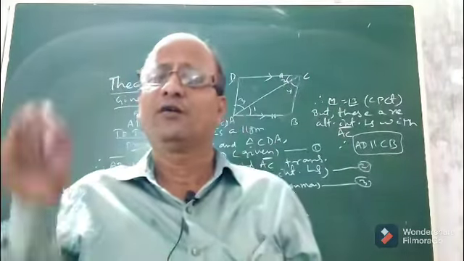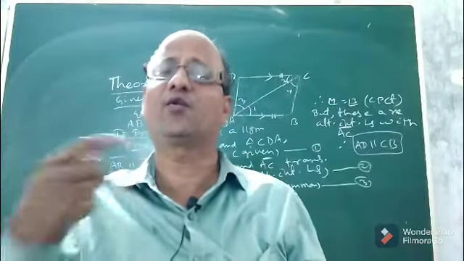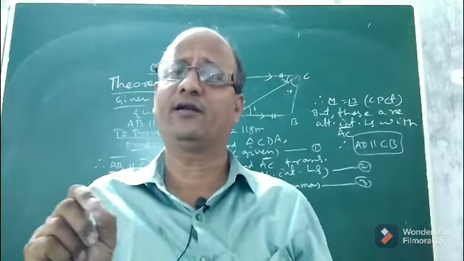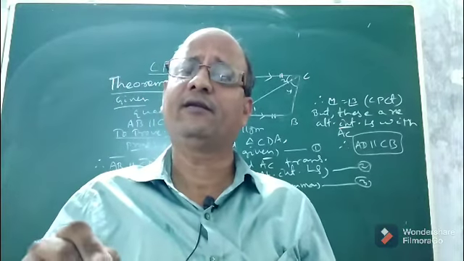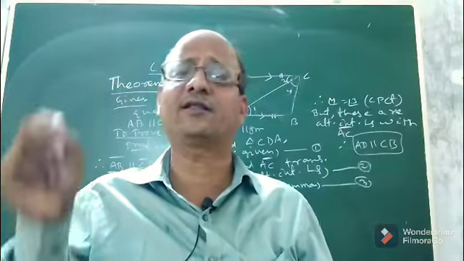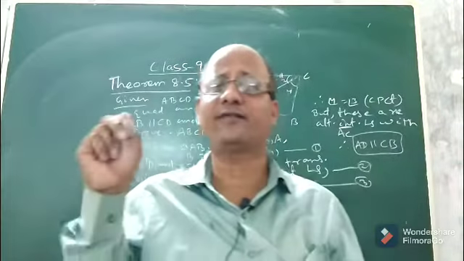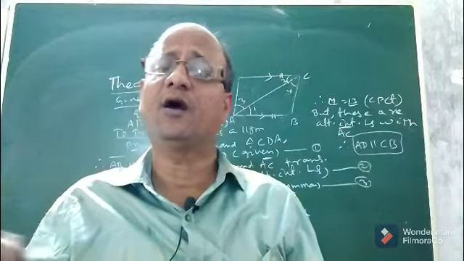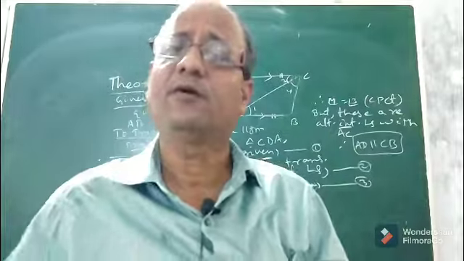Now what is left in this chapter? In this chapter only two things are left. One is another new concept we are going to read in the next class, that is the midpoint theorem, which we have never read. What is the midpoint theorem? How to prove it geometrically? Then what is the converse of the midpoint theorem? These are the two things left in this chapter, so that the chapter Quadrilateral will come to an end as per the NCERT syllabus of class 9 mathematics. So we shall discuss that in the next class: how to prove it geometrically, and how to apply the concept of the midpoint theorem in problems.